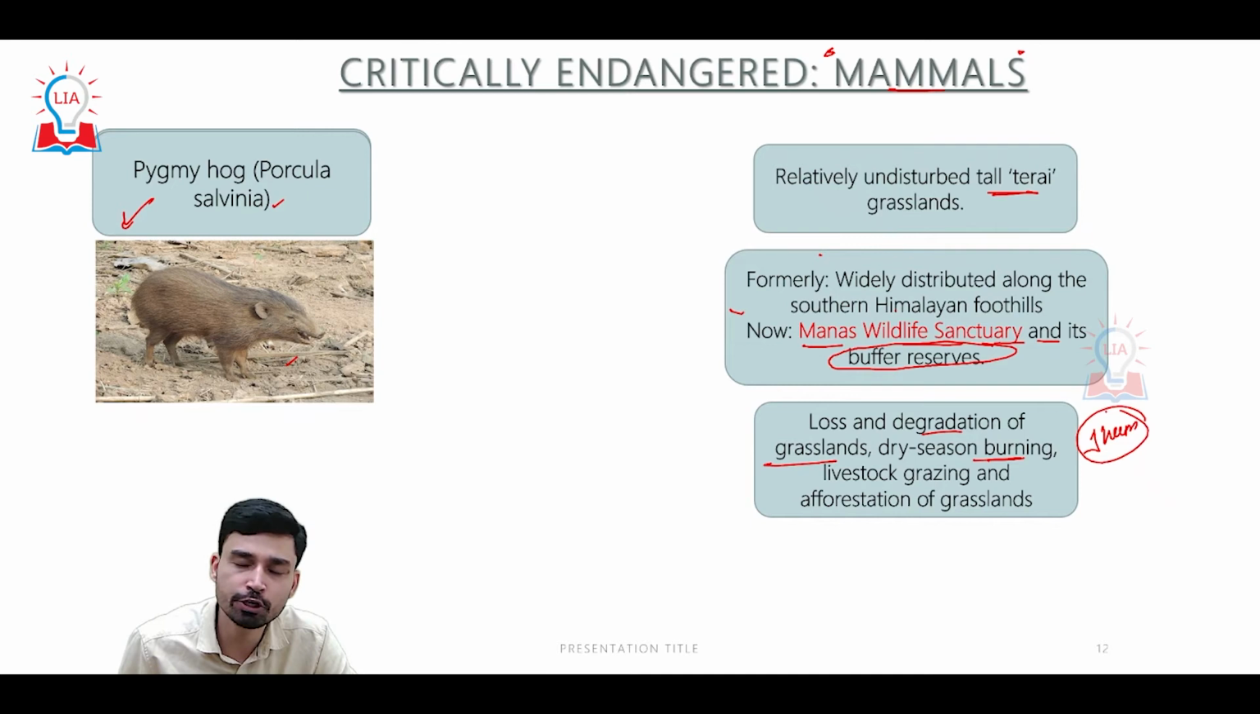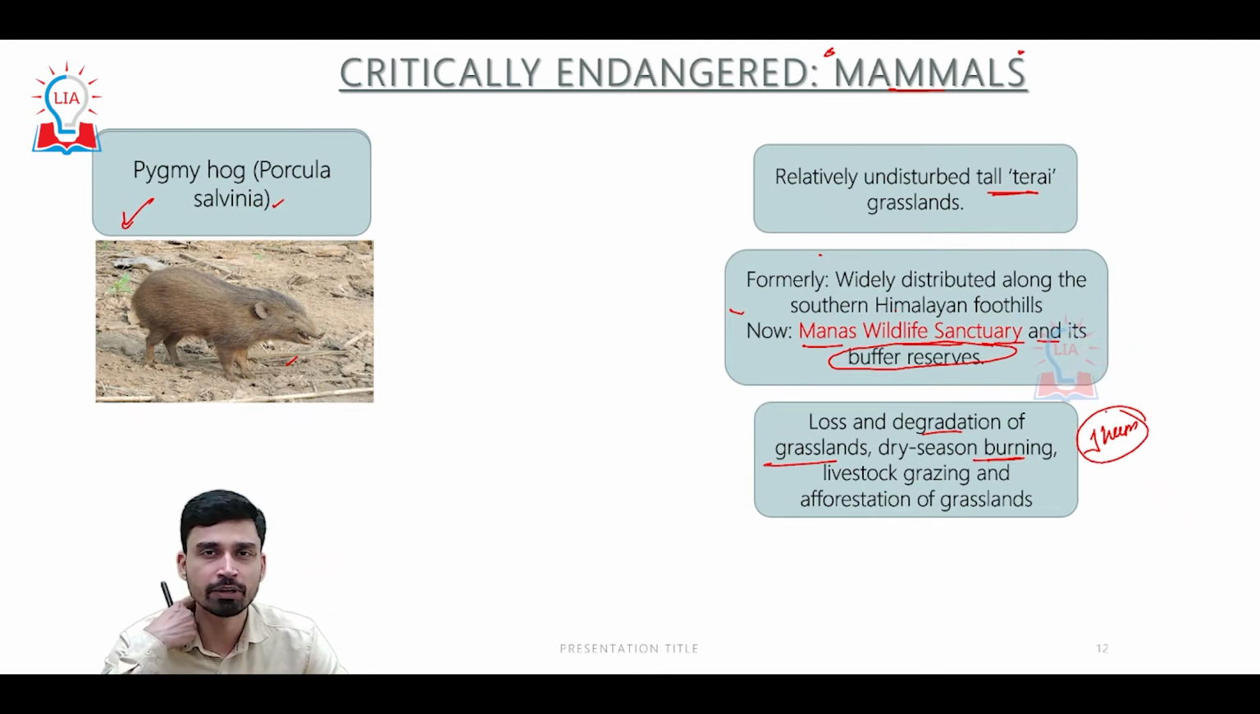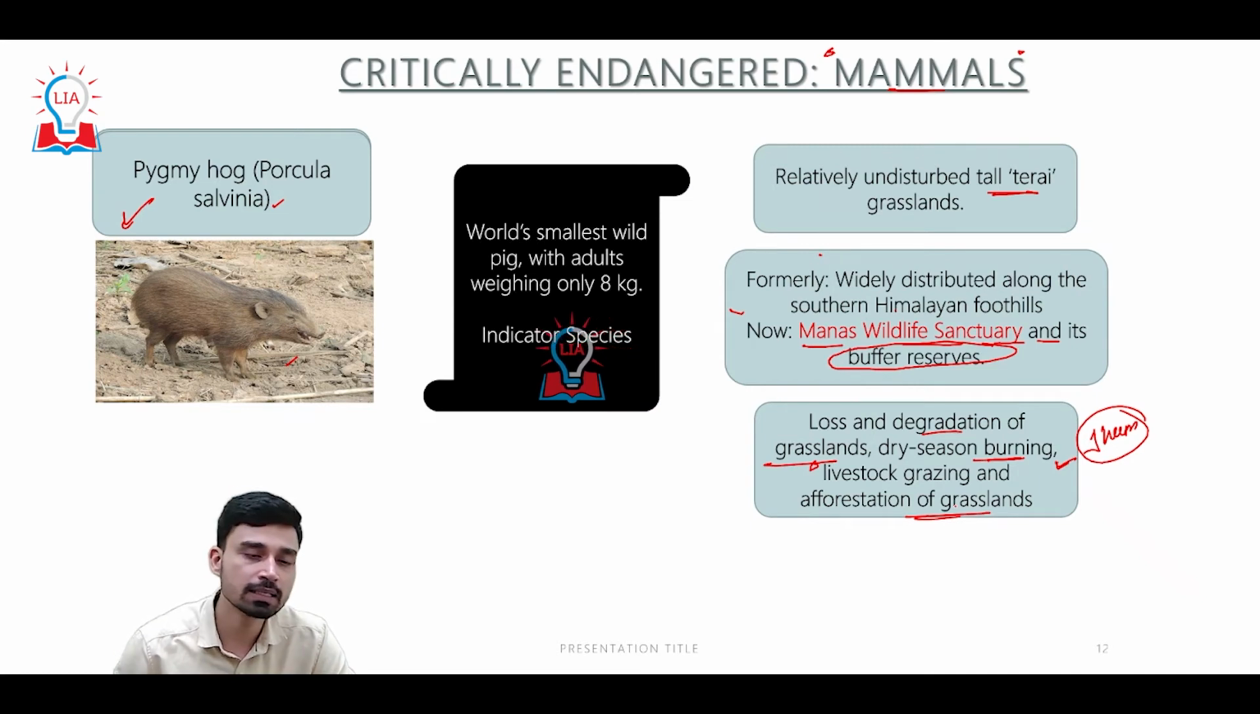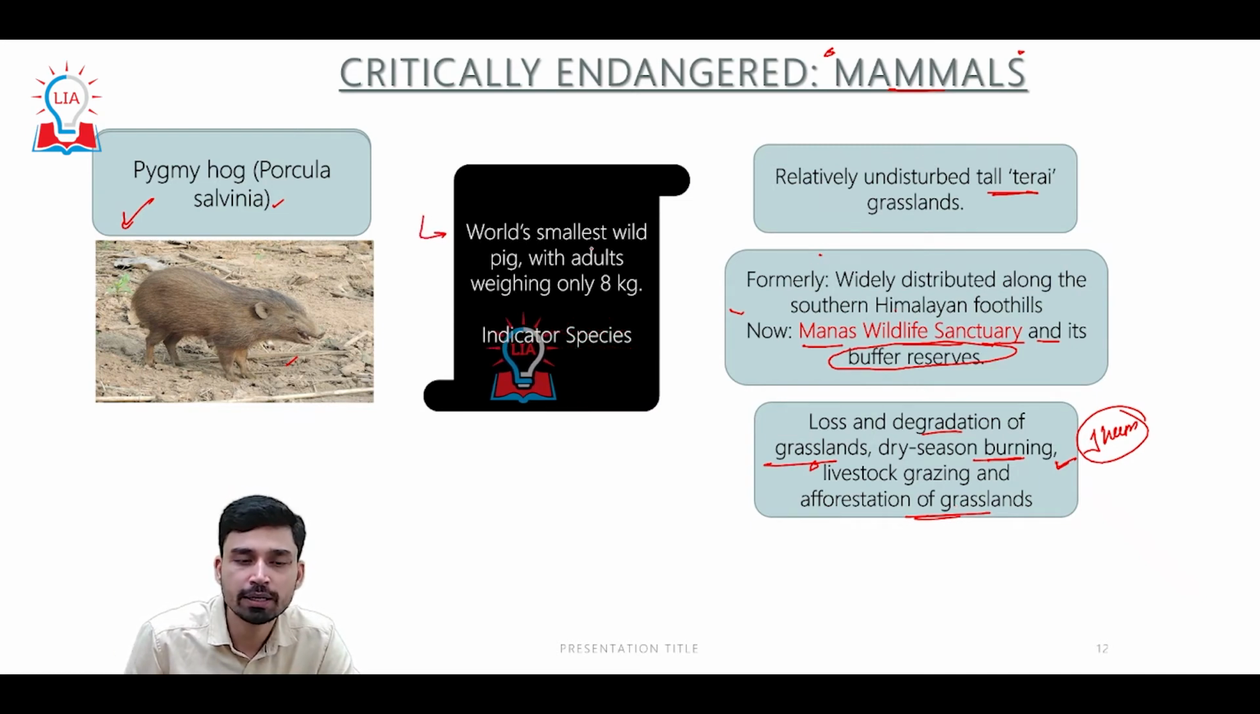jhum cultivation. One of the major characteristics of jhum cultivation is the burning of the forest and then spreading the ashes. So this also destroys their habitat. Apart from that, livestock grazing and conversion of grasslands into forest areas cause problems in the survival of the Pygmy hog. Apart from that, another important point about the Pygmy hog is that it is considered